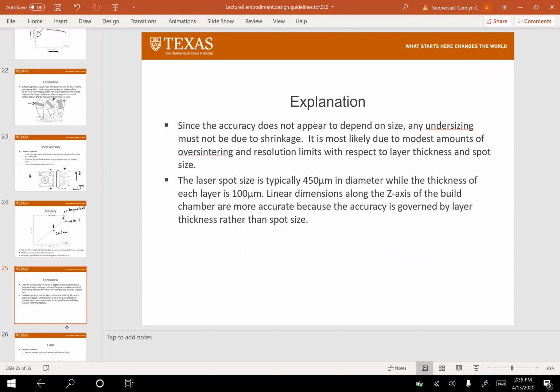So what's the explanation for this? Since the accuracy doesn't appear to depend on size, the undersizing must not be due to shrinkage. It's most likely due to modest amounts of overcentering and also to the resolution limits with respect to layer thickness and spot size, right? So if you have something that you're building in the plane,